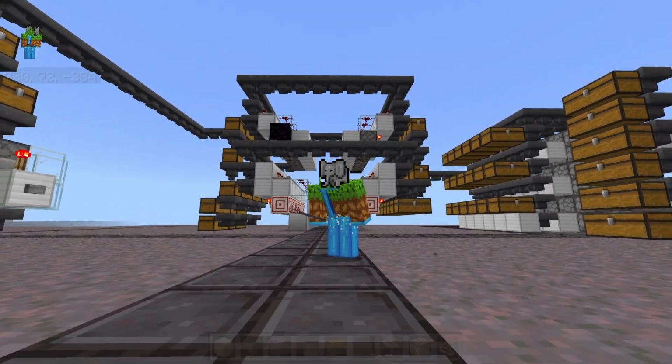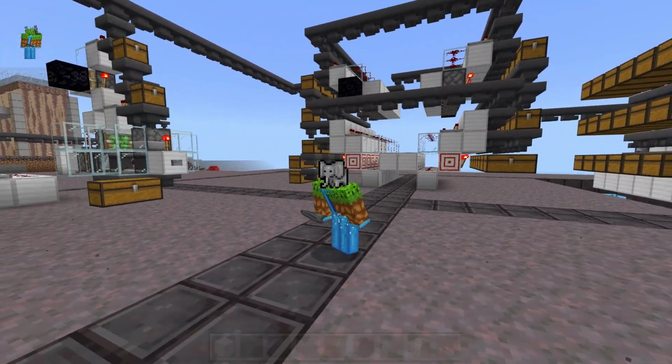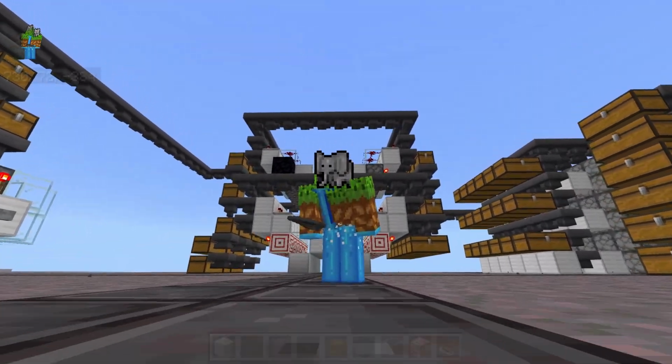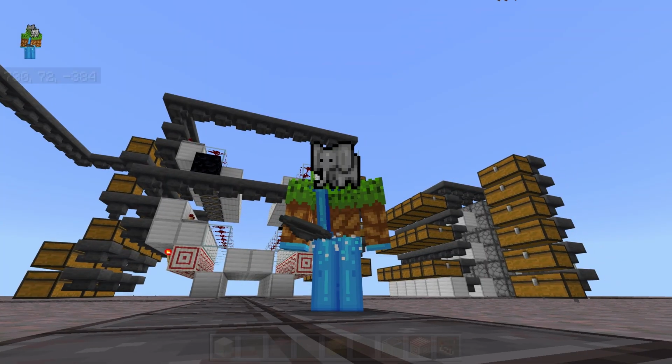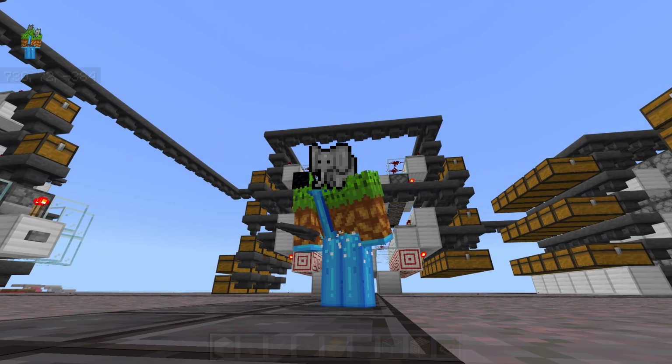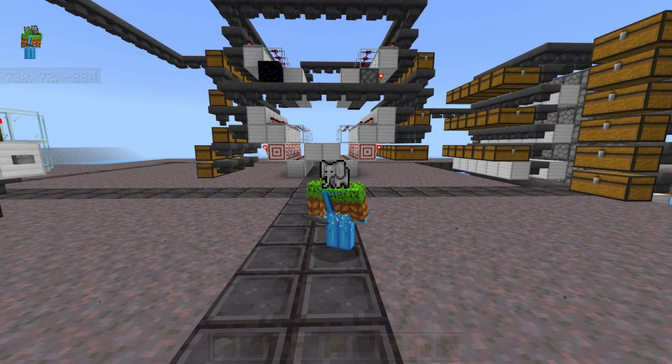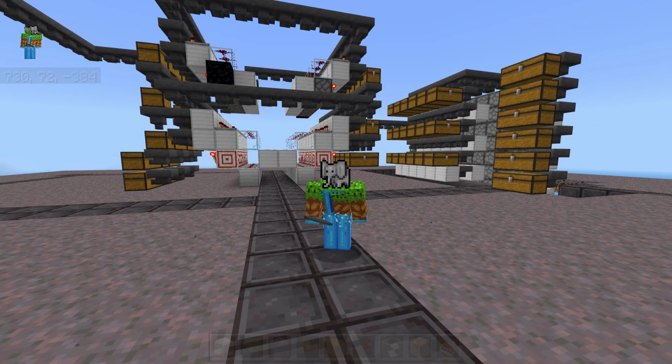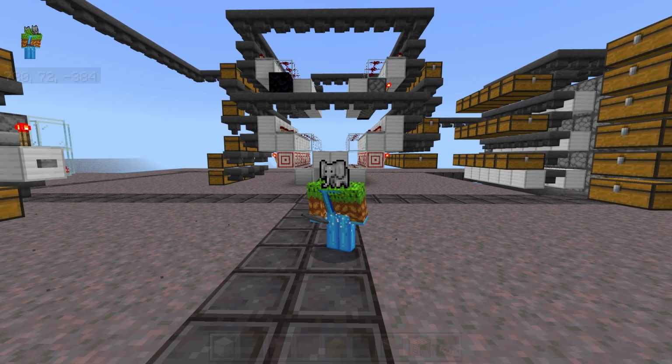There's only one more thing I want to talk about, and that is a simple tip on hiding your redstone. Trying to make all of these ugly hoppers disappear. And again, I really hope this makes sense. If it doesn't, just ask me any questions that you can think of in the comments and I will do my best to help you out.